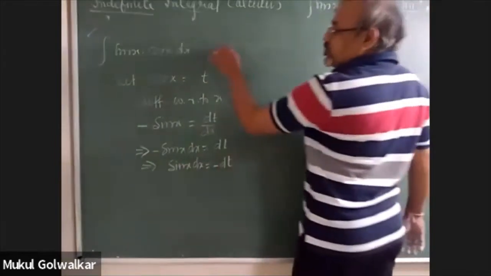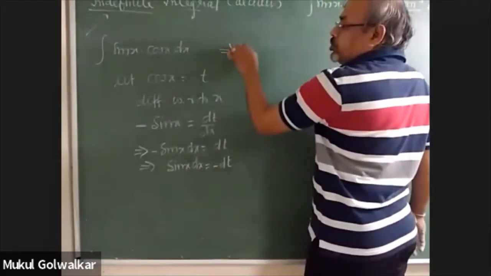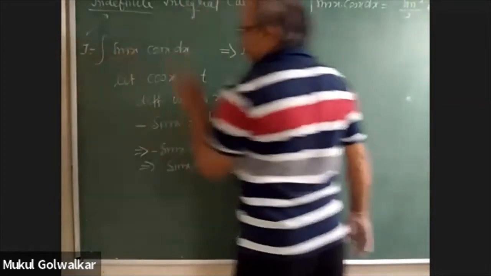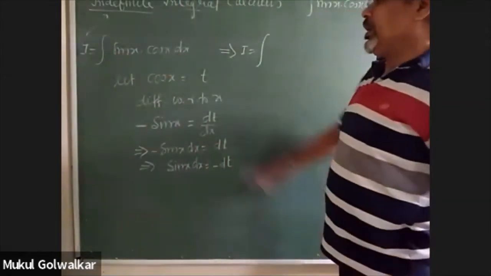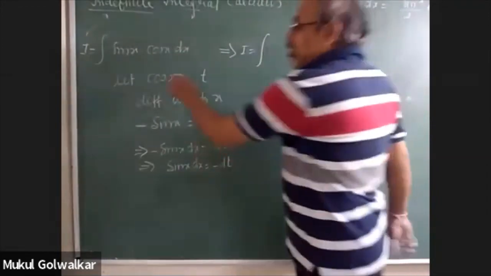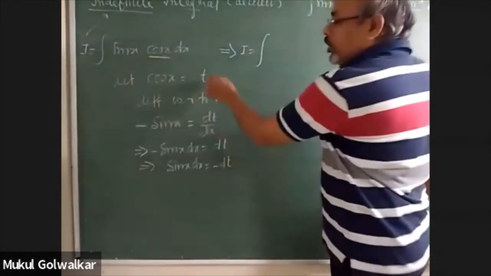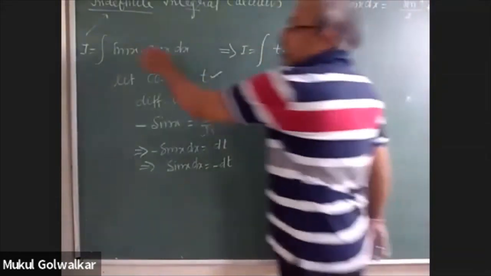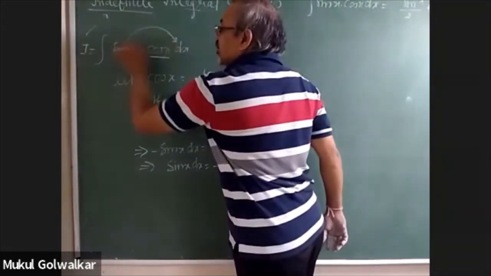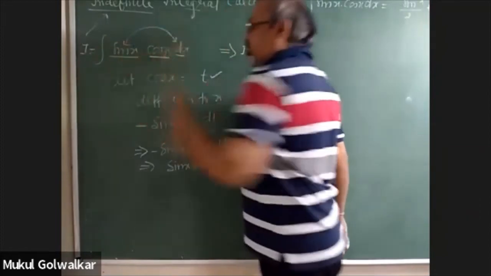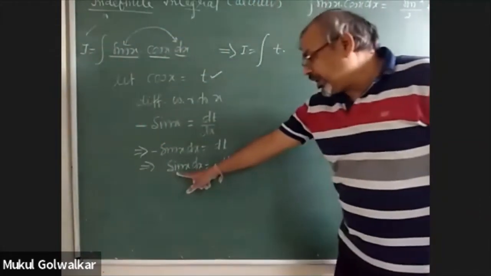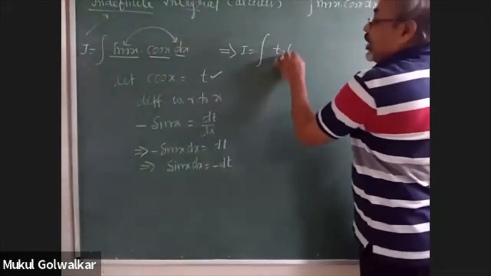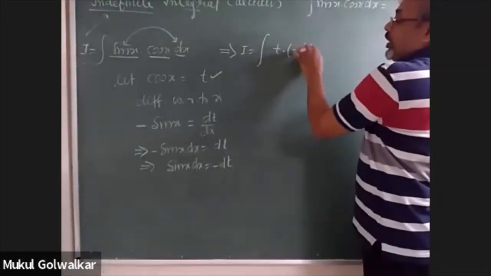And in that case, now this question becomes, suppose I is the value of this function, the integral of sin x into cos x, and if I follow this substitution, in place of cos x, I am going to write t. So here I have written t, and in place of the product sin x into dx, this is the product of sin x with dx, which has the value minus dt. So here I am multiplying it by minus dt.